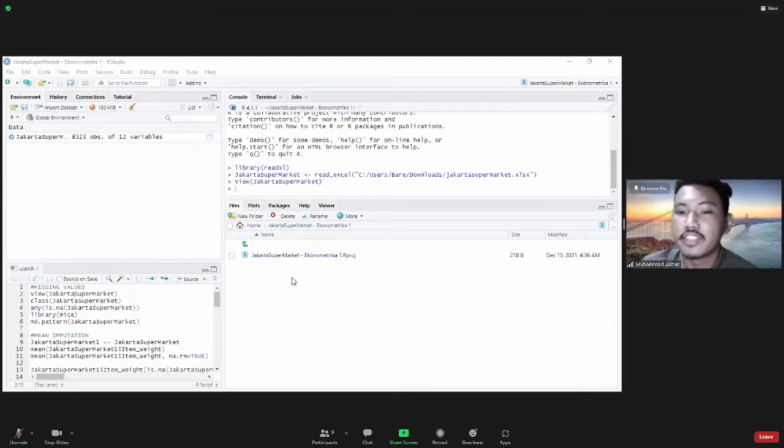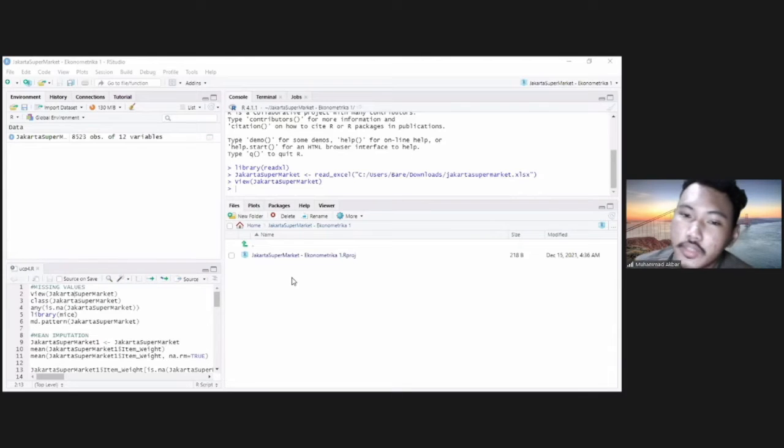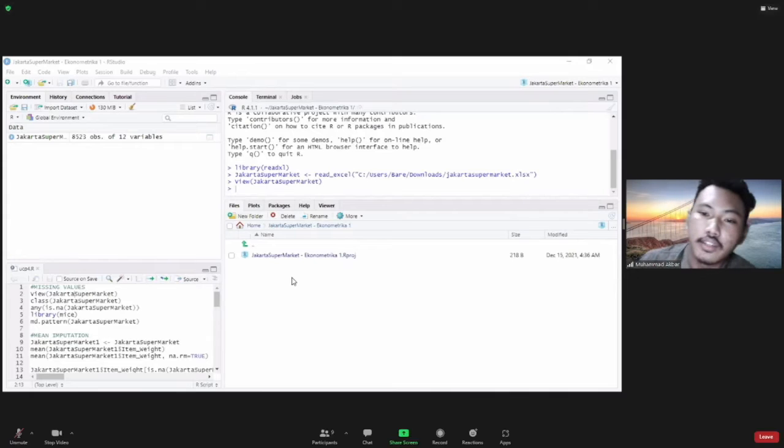Check it out! Before we process the data, first we must input the Jakarta Supermarket data given by Mr. Peter into RStudio.